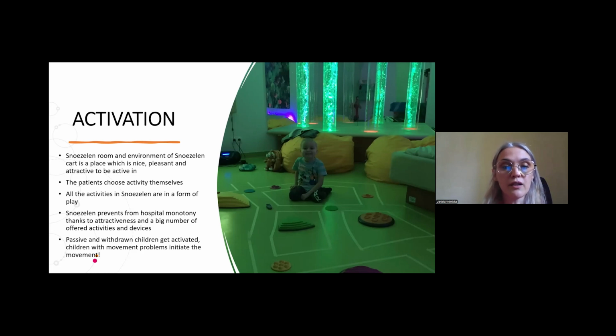All the activities in snoezelen are in the form of play or game. It's a stimulation to the activity if we can have a form of play. Snoezelen prevents hospital monotony thanks to its attractiveness and a big number of offered activities and devices. Passive and withdrawn children get activated. Children with movement problems are encouraged to move. So the activation is very important to think about the motorics of children and about